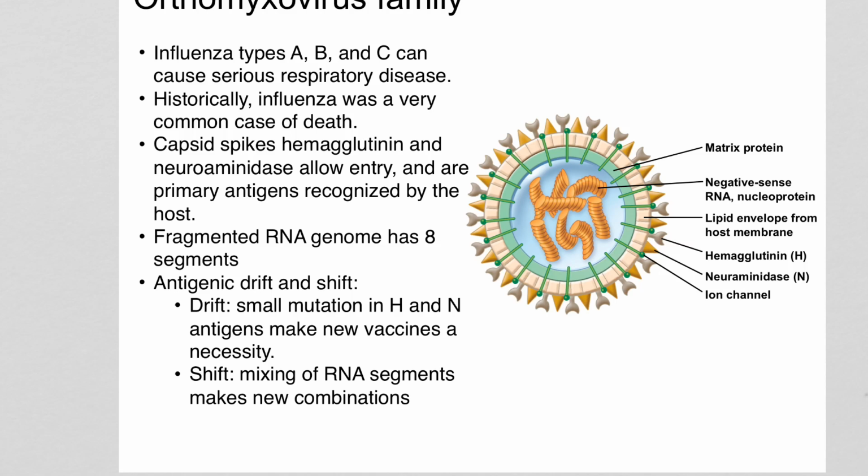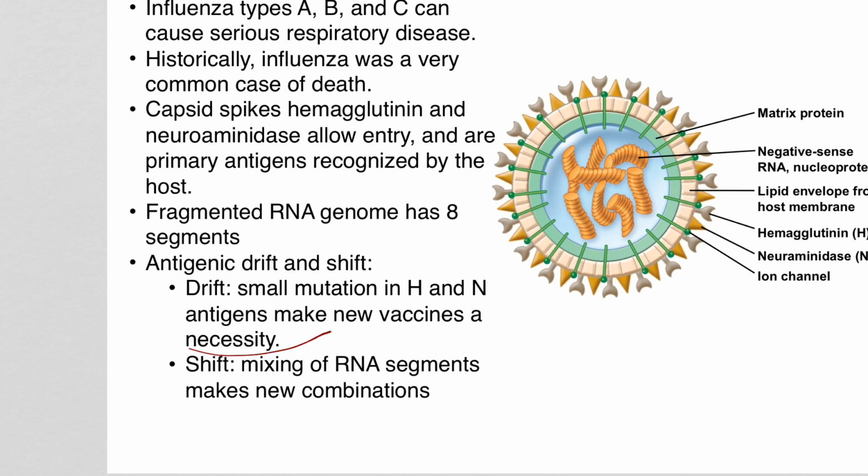The easy one is drift, right? Viruses, bacteria, even humans and all other animals go through drift. That just means small mutations that build up over time. And so from year to year, really from day to day, in the life cycle of a virus, those genes will mutate, small mutation here, base pair there, and they accumulate over time. And so after months and years and decades of replicating,